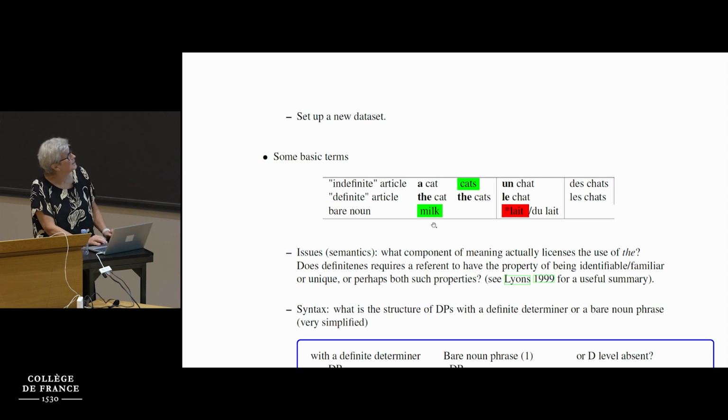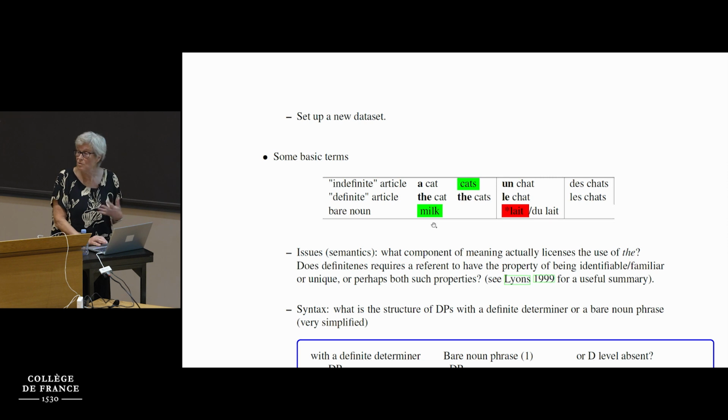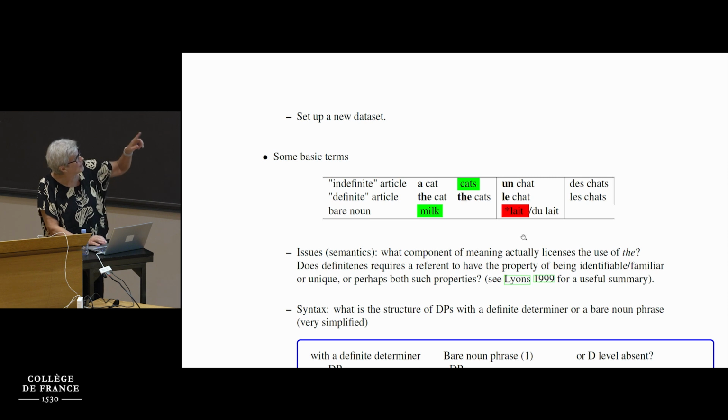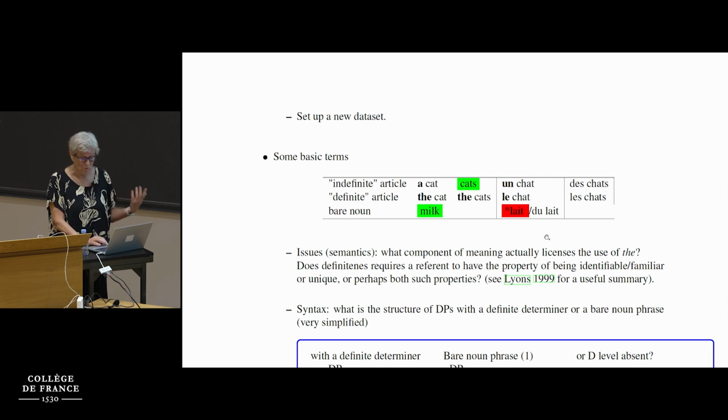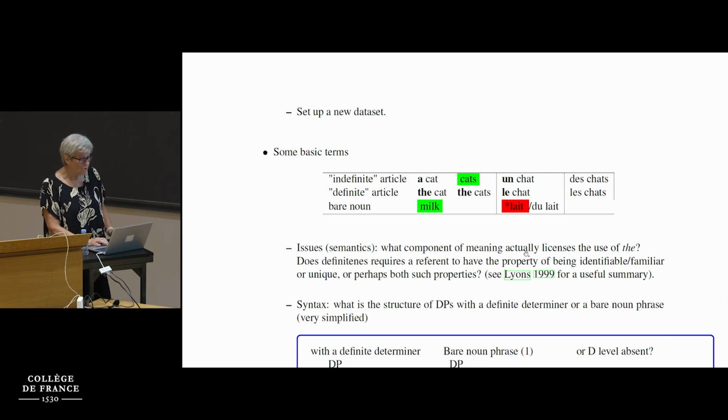And then we see that within English you have a bare noun for something which is a mass noun in object position, for example, like I drank milk, and not I drank some milk or I drank of the milk. And we see in French you cannot say j'ai bu lait, mais you have to say j'ai bu du lait. So the issues here are,